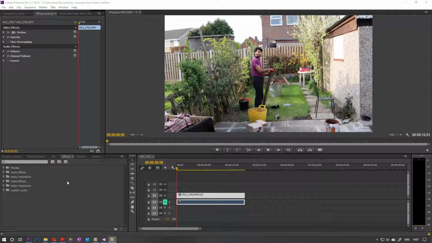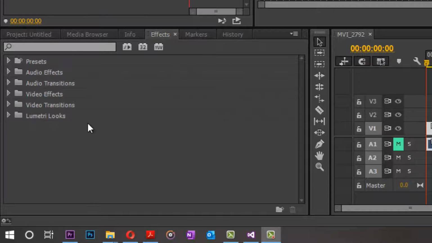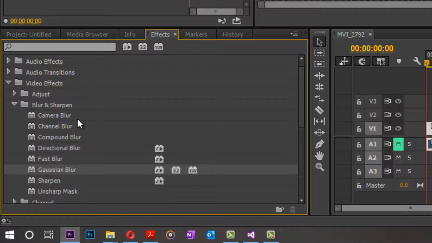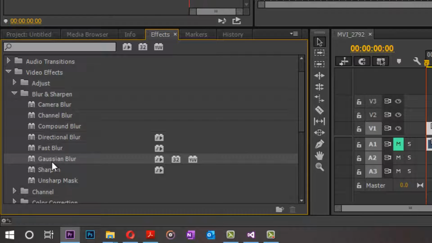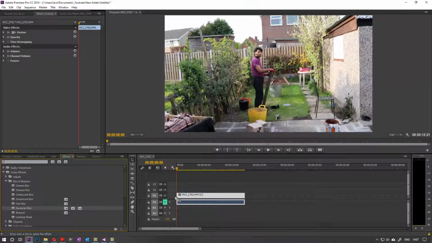So you need to first go to the effects, then go to video effects, and then go to blur and sharpen. There are different blurs that you can apply. In here I want to apply Gaussian blur, so you left click on the mouse and drag and drop it